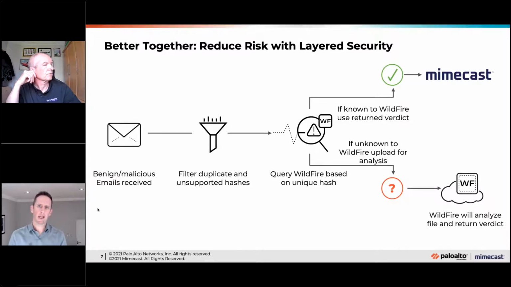Simon, is there anything you want to add in terms of once Wildfire has analyzed it, and what else it can do with the malicious information that you found? So one of the things that Wildfire will do is give your SOC, your analysts, a full debrief report on anything malicious that we find. You'll get a verdict report on benign or malicious. If something is malicious, it will also give you a debrief on everything around that.